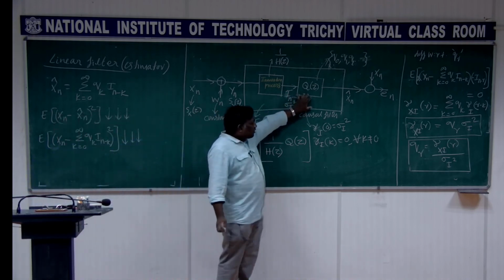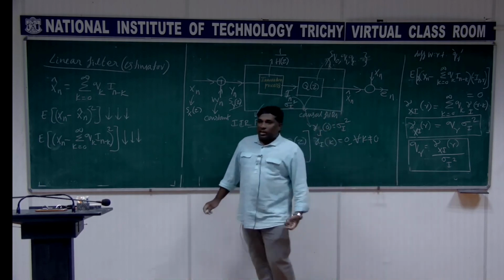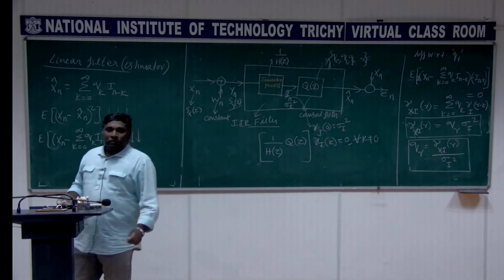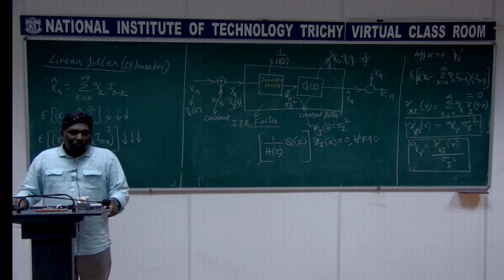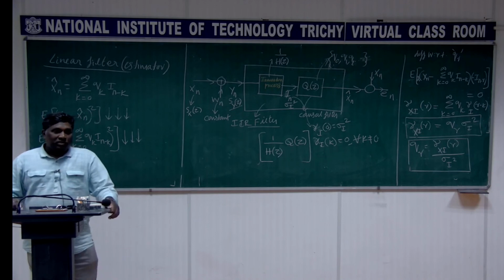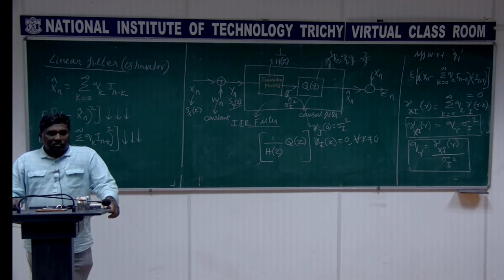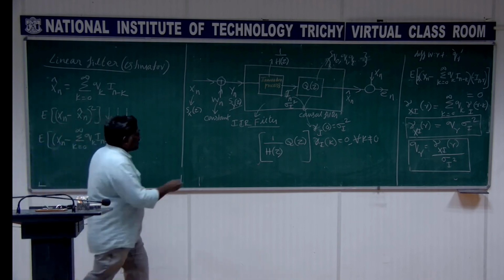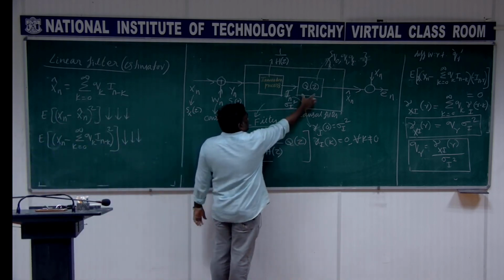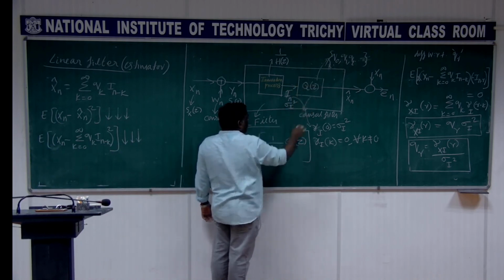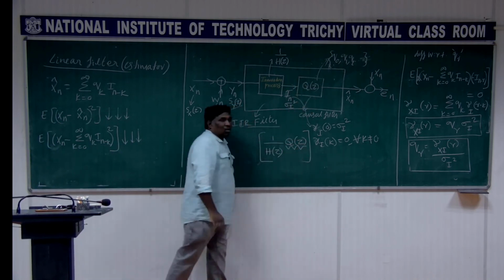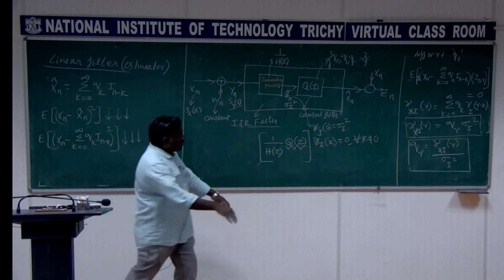If you want to take the z transformation for that, I am supposed to take QR z power minus r, sigma k equal to minus infinity to plus infinity. I have to take all the way from minus infinity to plus infinity. That is going to be your Q of z. But what is really needed for us is the causal part. In fact, I can write it here. This Q of z is the causal part of the transfer function of this.